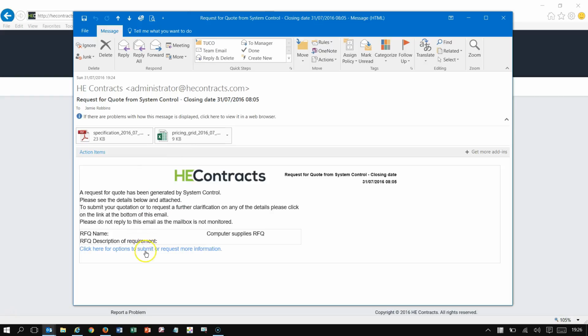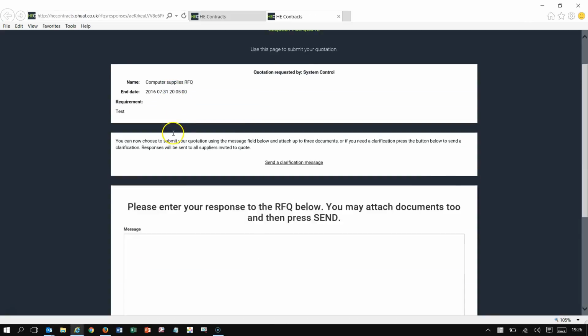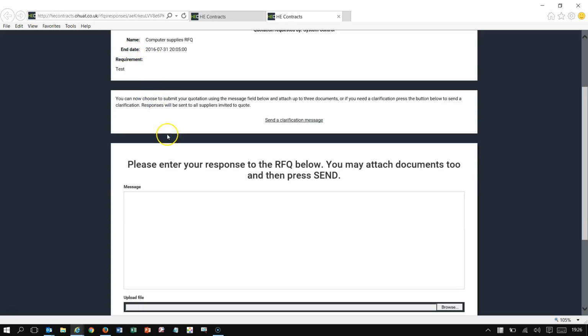And when they're ready to submit, they can click on the link in their email, and that will then take them into the system without the need to log in. And it gives all the details of exactly what our requirement was. They have the choice then. They can either ask for clarification, so they can click on this button here,